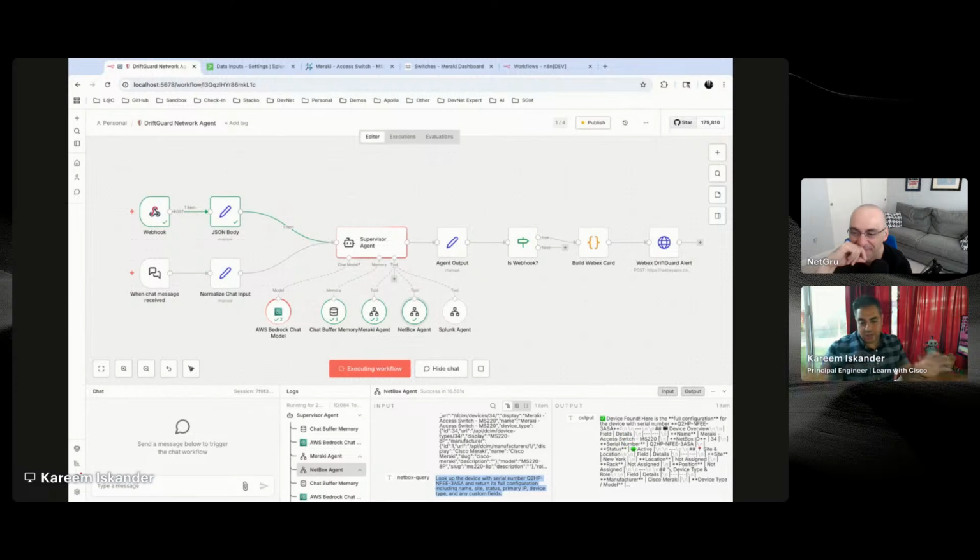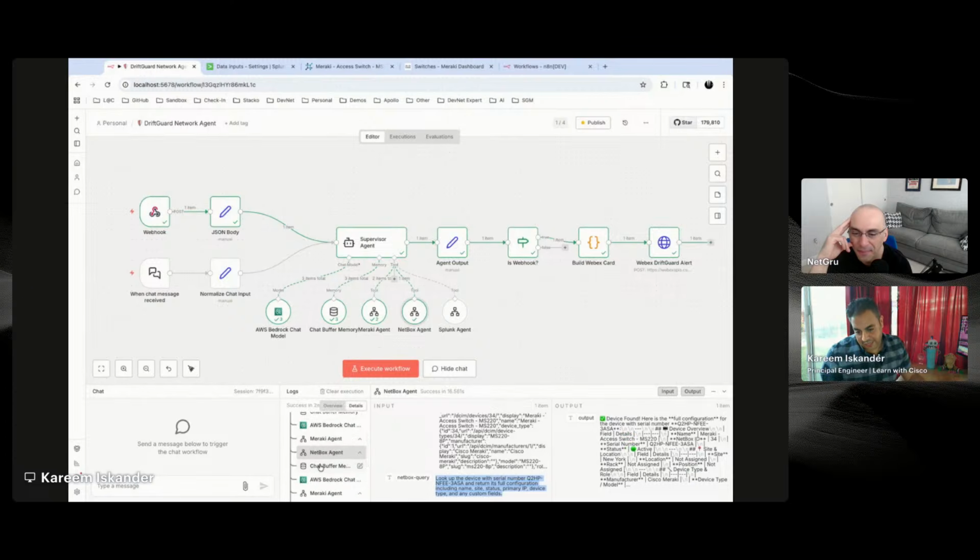So it pulled all the information about it. And not only this, it also followed our rule, which is Netbox is our source of truth, which means it went back to Netbox. It didn't really need to, but it went back and made sure that it's there. It saved things in my buffer,